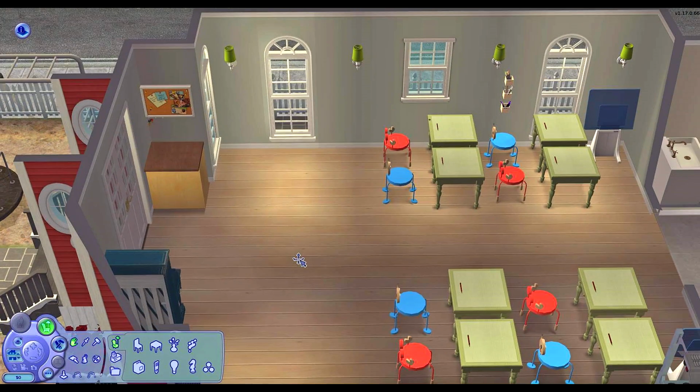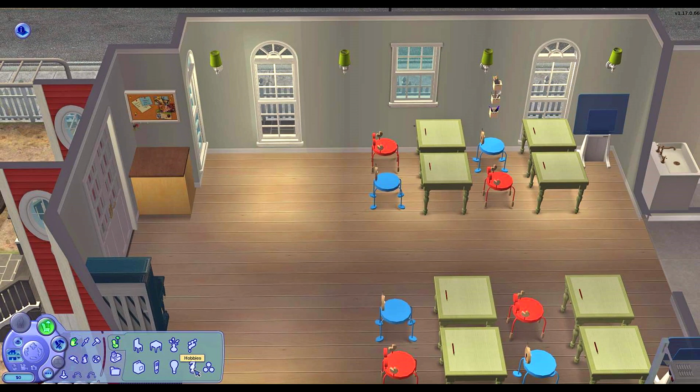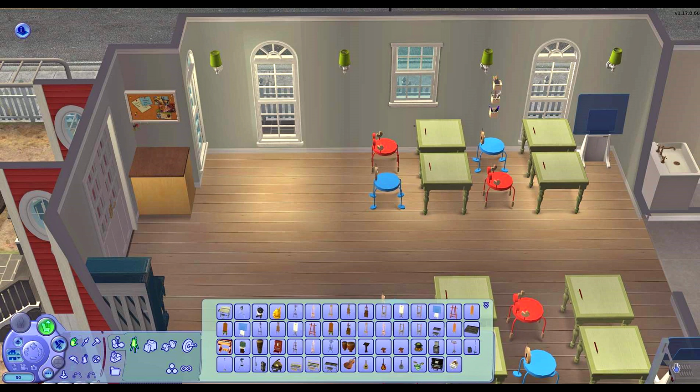So basically I'll just have it be like, and I'm not really going to go exactly at the clock and all that kind of stuff, but basically in the mornings you do schoolwork, desk work. In the afternoons you'll do free play or creative play, basically. So that is when you just take out different things. The teacher will take out different things from her inventory, like,